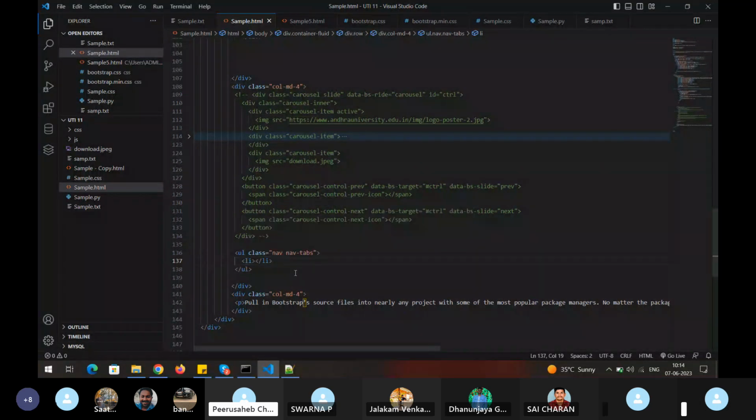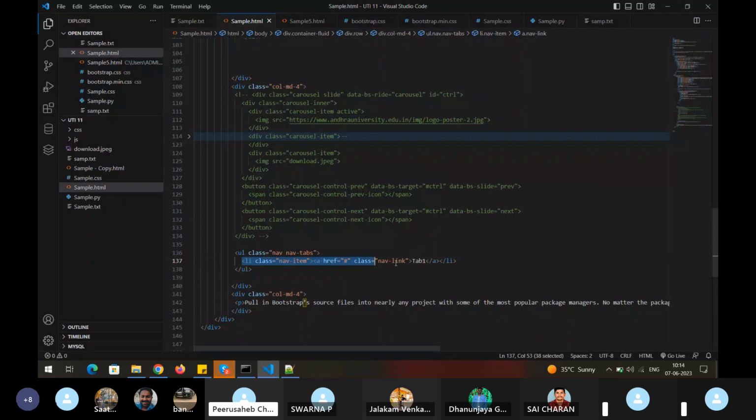What will happen now here? Icon. Each nav item we need to have, right? So same class which we have used in our header, nav item. So each nav item will be an anchor tag. So anchor tag means the same tab names we need to mention. So here, what is the thing we need to use? Class name, nav link. That's it. Okay. So let's just make it as tab one,